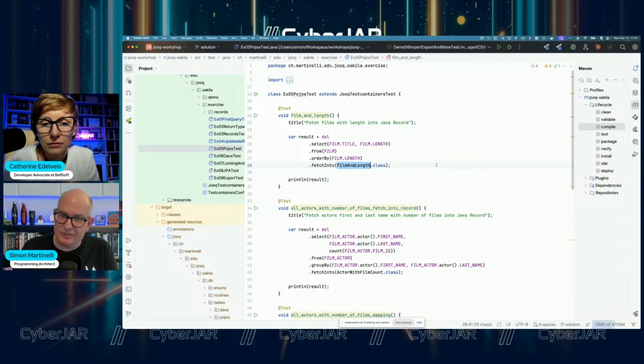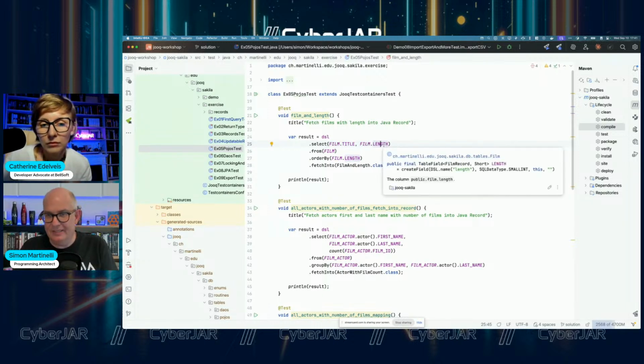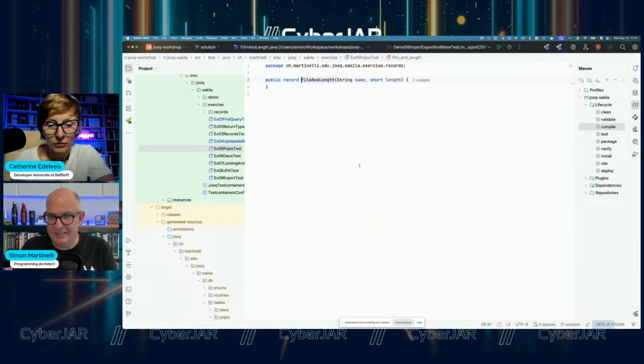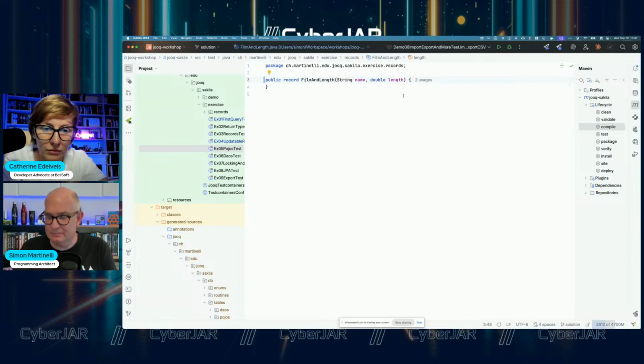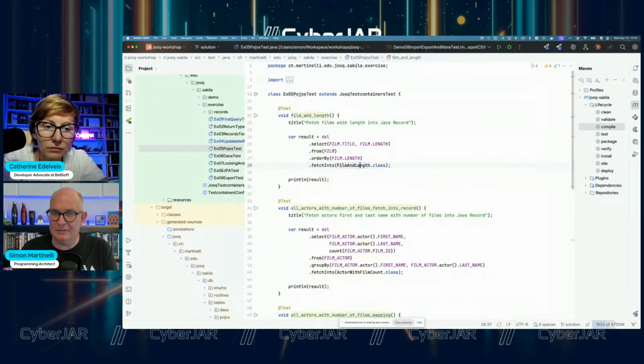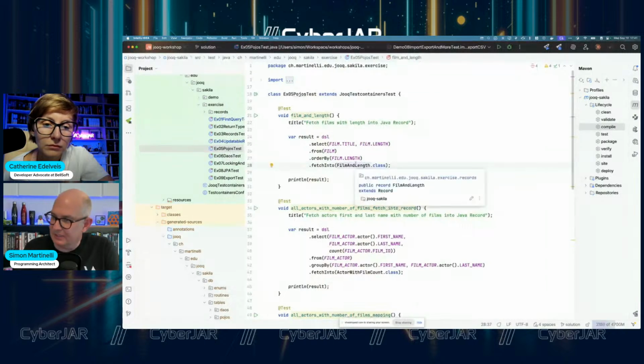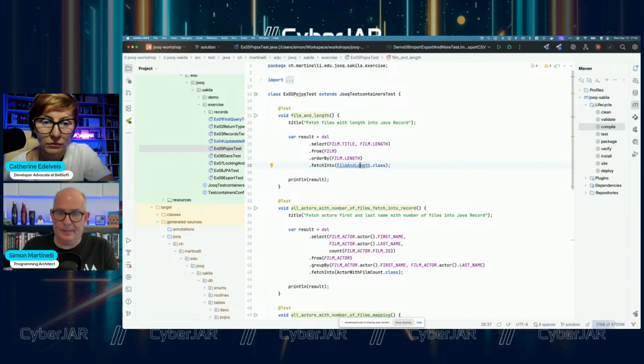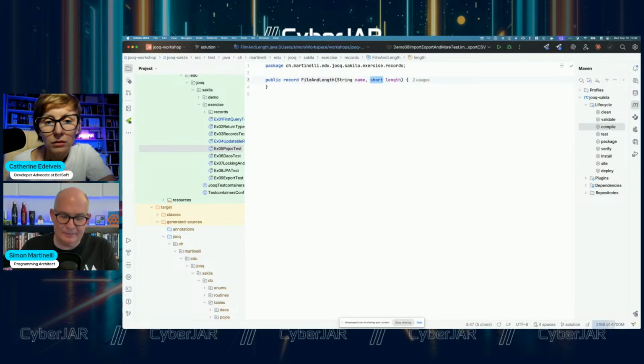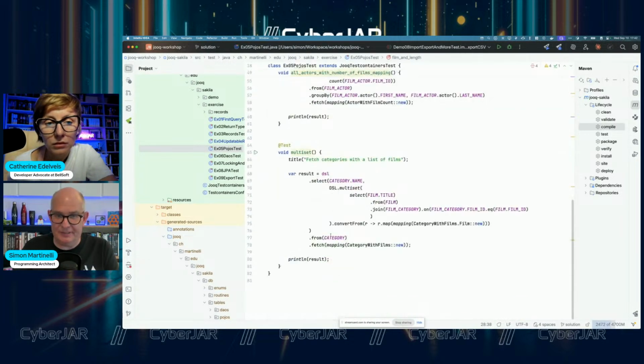So that's not entirely type safe, means here the length, the type of length, by the way, is a short, right? We have a table field that has the type short, and that's why this one is a short. But if I go ahead and say, okay, that's a double, and go back to that code, this will still compile, because there's no check if this really matches the type. There's a better way to do that because we have a mapping.